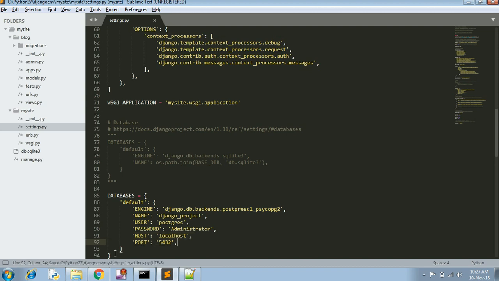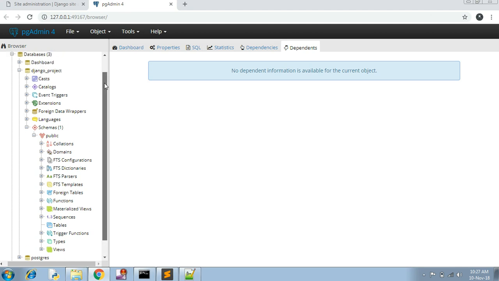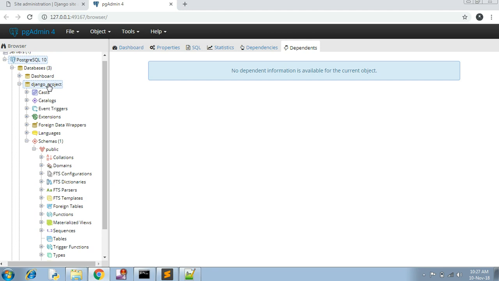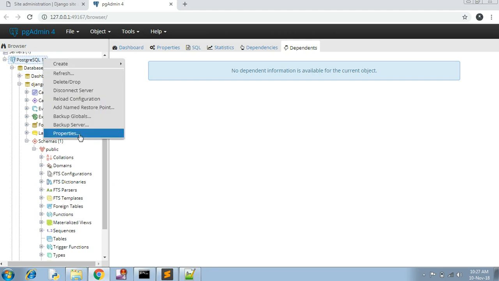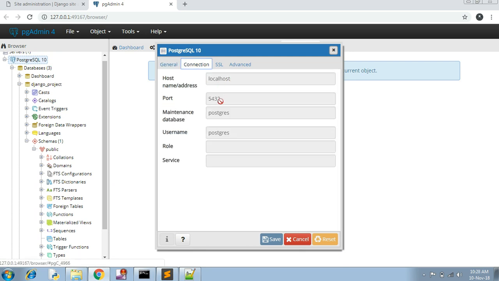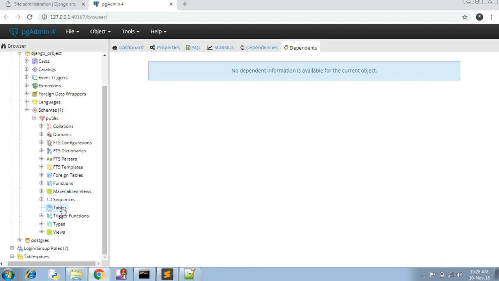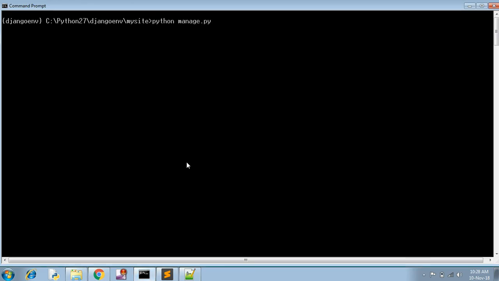As you can see here, I currently have this PostgreSQL database inside my system, and the Django project is a project which is there inside this server. If you see the server details, then you will find here that the host is localhost and the port is 5432, which is the default for a PostgreSQL database. Then if you go inside the tables, you will not see any table because there is no table currently inside this database, and if you run your server, then you will see that